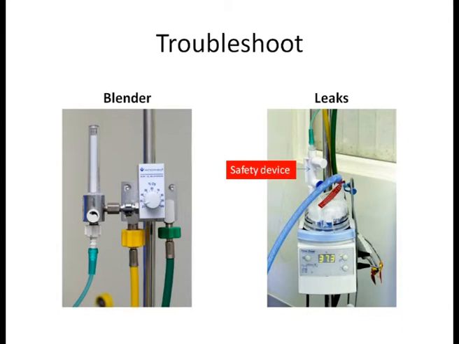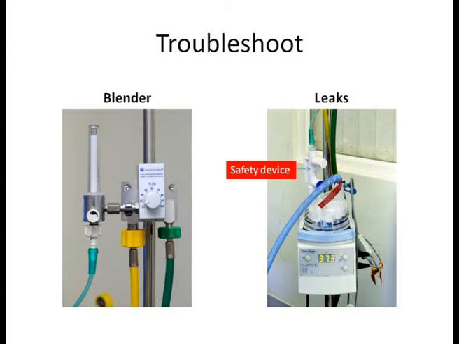Now the other problem is there could be inadvertent high pressure being delivered to the patient or to the circuit. This can be circumvented by using a safety device. As you can see, this white knob-like thing which is there before the gas goes to the humidifier, this safety device has 3 openings. The top one is a pressure release valve, the second one is a pressure manometer area, and the third one is the area where you can attach an FiO2 monitor and see whether the blender is functioning well or is delivering the amount of FiO2 which you set on the blender.